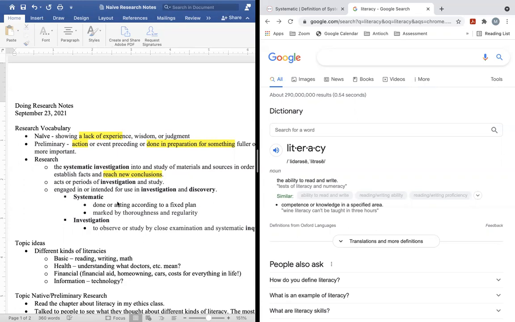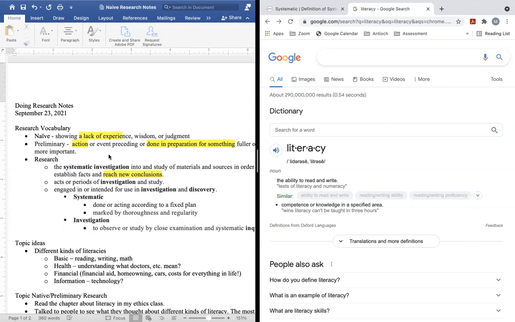But in the context of learning about how to do research, I think we might want to consider how we just look up things every day in our lives, on our phones, or what have you. And we can transfer some of that everyday looking into something that we can use when we actually have to do research for some sort of task.